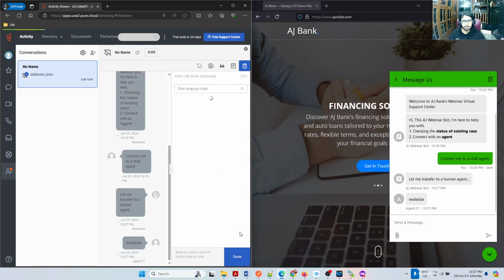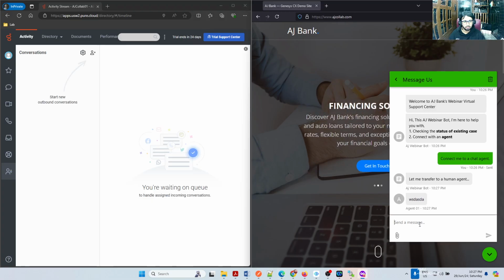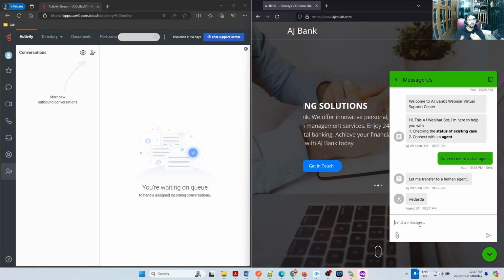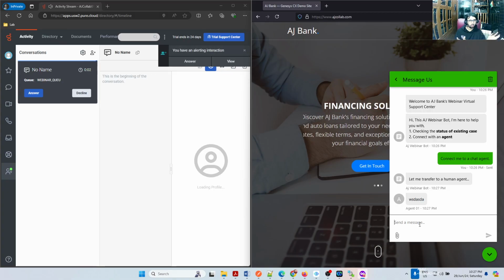AJ, you are saying about intent and utterance, right? Are both the same? No, intent is the intention, right? When all together with an utterance, I can reach one intent. So you can say, I want to speak to an agent, I want to transfer to an agent, talk to an agent. All those things are your utterances. All those utterances are clubbed together into one intent. What is the intention? Finally, talking to an agent or chatting with an agent. That's your intention. So intent is like an intention. To do that intention, what are your inputs? You can talk to me in different languages, different ways, right? All those different ways are called utterances.